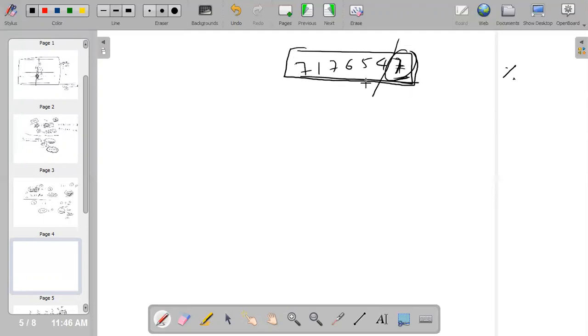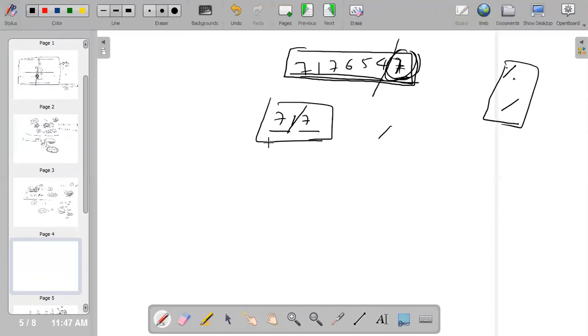How can you partition this integer? To partition this integer, I have two operators: one is the modulus operator, one is the divide operator. The modulus operator will give me the rightmost digit and the divide operator will give me all the digits on the left. That is good, so one thing I cracked. Anytime I have given 717, if I have to partition it into two parts, I'll do one modulus operator, which will give me 7, and the divide operator will give me 71. So this I cracked.